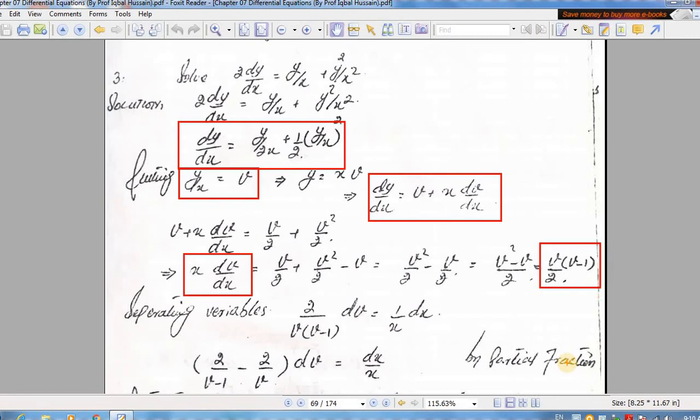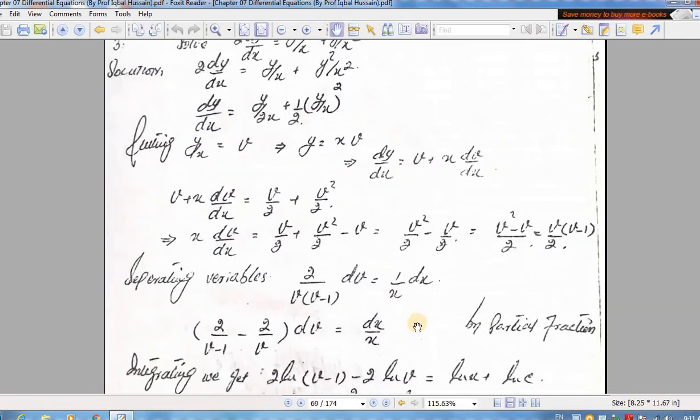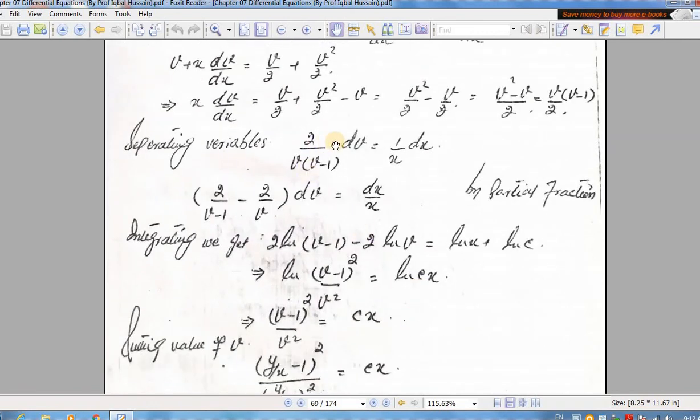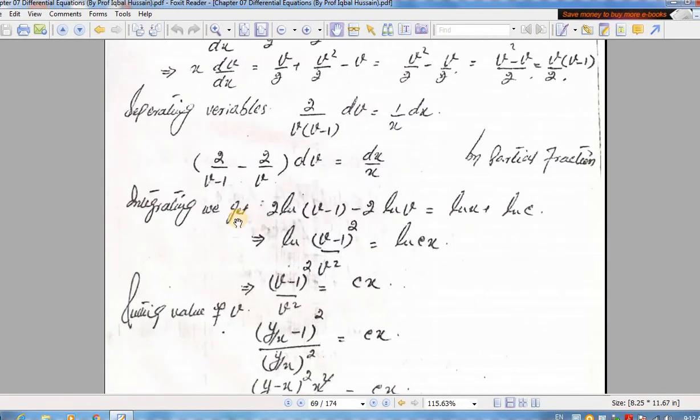We will separate the variables, so we will get 2 dv divided by v into (v minus 1) is equal to 1 over x dx. Now we can write this left side, taking partial fractions, as 2 over (v minus 1) minus 2 over v, into dv, is equal to dx over x. Integrating both sides, the integral of 2 over (v minus 1) is equal to 2 log of the denominator,